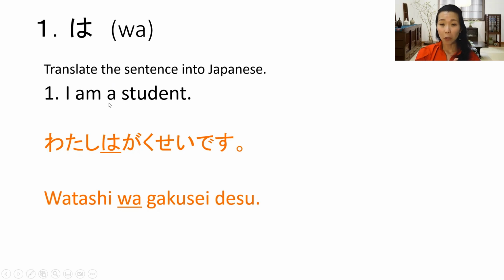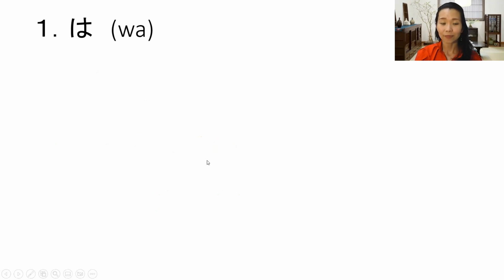That's why when Japanese people speak English, they sometimes get confused about when to use a or an, because we don't have that concept. We go straight into the noun, which is student. In this case, student in Japanese is 学生. Then the statement ending of the sentence is です。